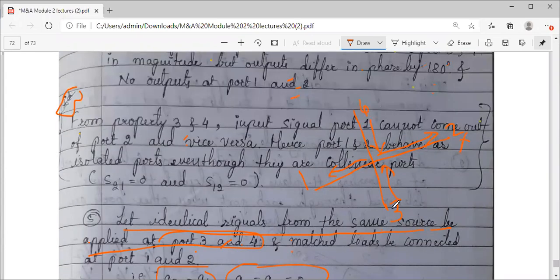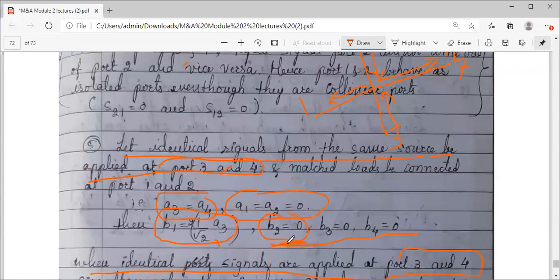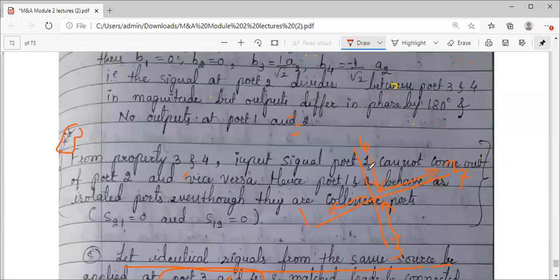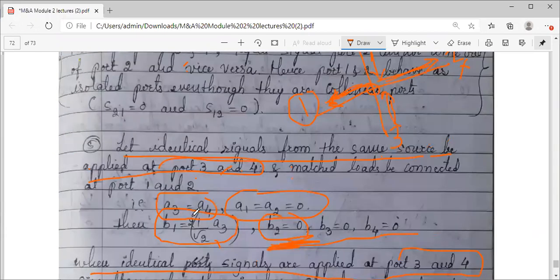Ideally we should get something here, because what I'm telling you is, when I apply the signal from both port 3 and 4, it is entering port 1 and port 2 both. But equation wise, if you observe, nothing is coming at port 2. Why? The reason is when these two signals enter, from the common meeting point, both enter here also and here also. When they enter here, the in phase component is coming at port 1. It is in phase, that's why they add up. That's why you see it is 2 times.